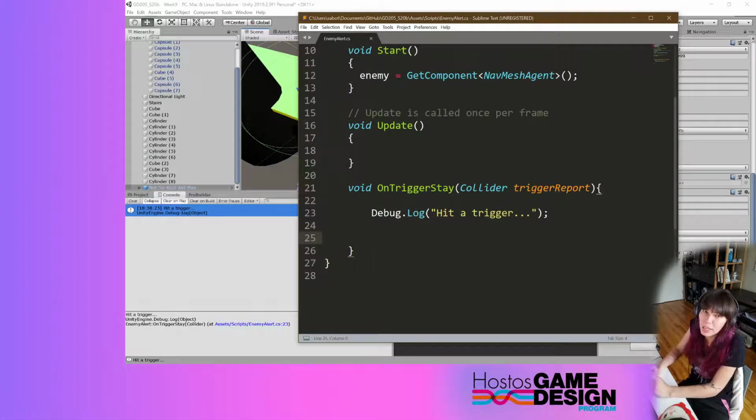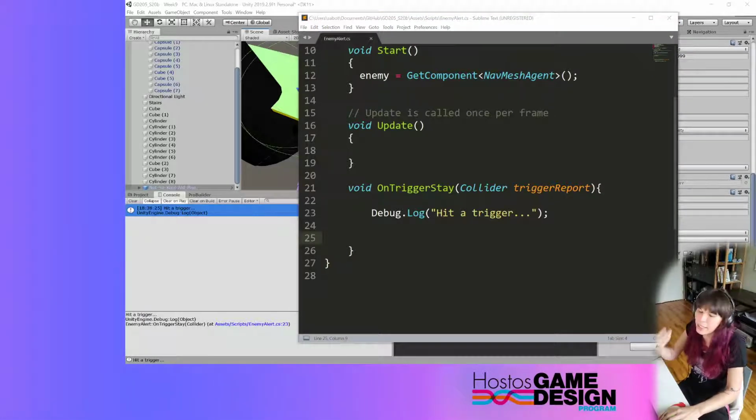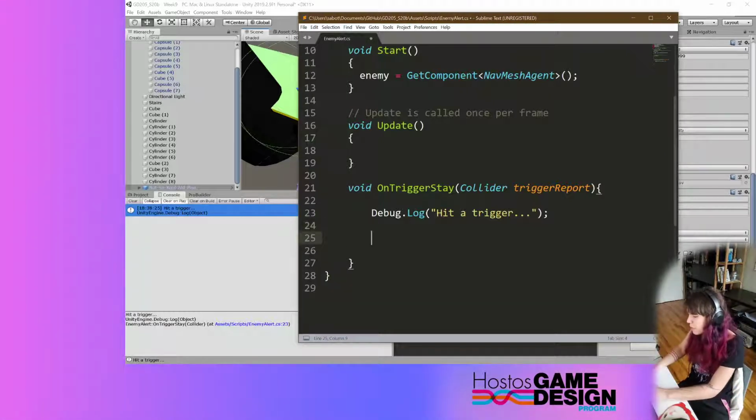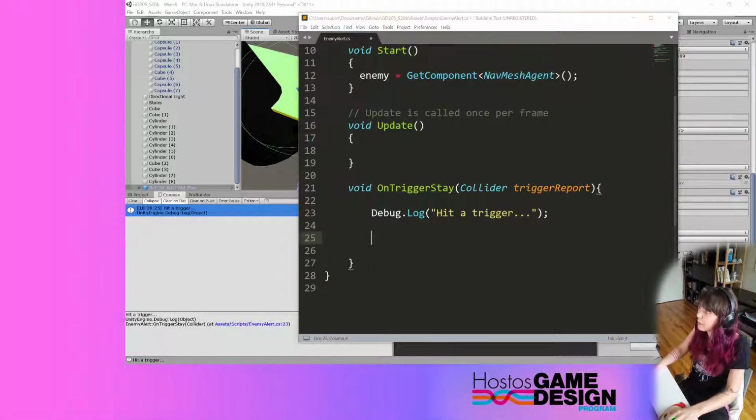However, we might also want to check if the thing that we hit is a specific trigger, because as our levels get more complicated, we could have like 100 triggers in a level. So we want to make sure that it's a specific one. If we want to check that, we can check it in several different ways. We already made sure to give